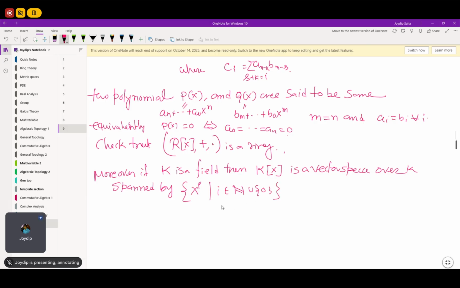This is a basis. Not only this, it is also linearly independent, spanned by the